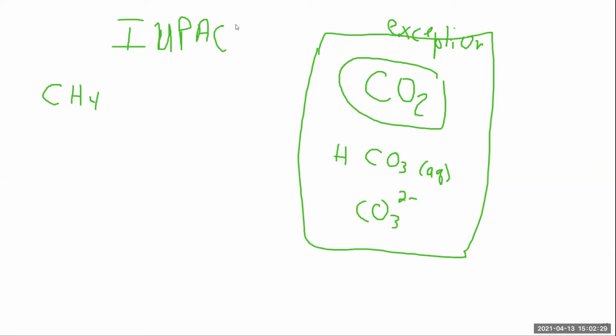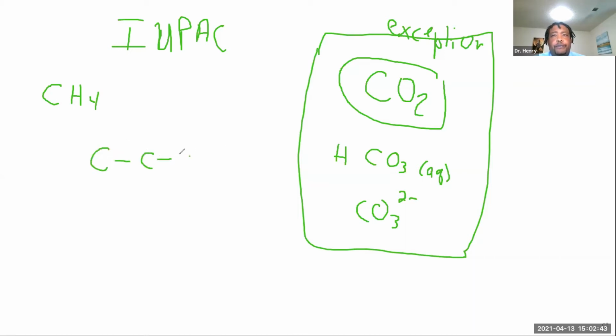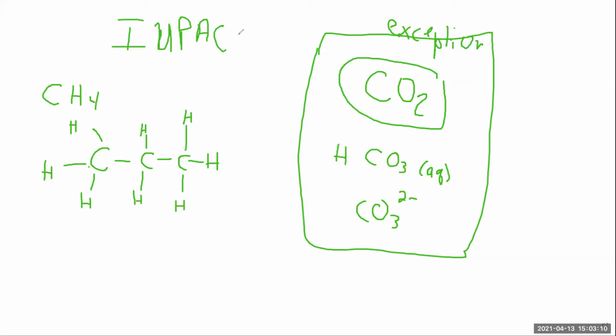Okay, so when we go with nomenclature of these molecules, we have to pay attention to the number of bonds. So if we have a carbon chain, say C, that is just... we do a lot of naming of carbons based upon the number of carbons that we have. So we want to always try to find the longest carbon chain that we have. So in this case, how many carbons are here? 3. We have 3 carbons.